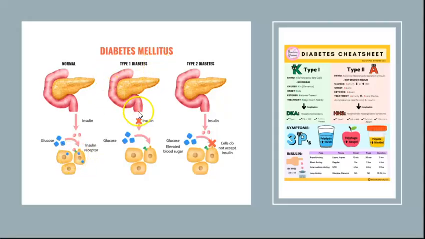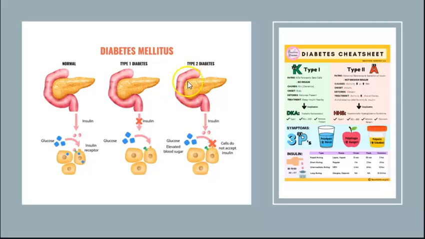If we have type 1 diabetes, that means that we are no longer making insulin because the beta cell has been destroyed. The beta cell is what makes insulin. So the glucose no longer can get through that door because there is no insulin as the key to open it up. So where's your glucose? It's hanging out outside of the cell. You have no more cellular energy. Things start to die off.